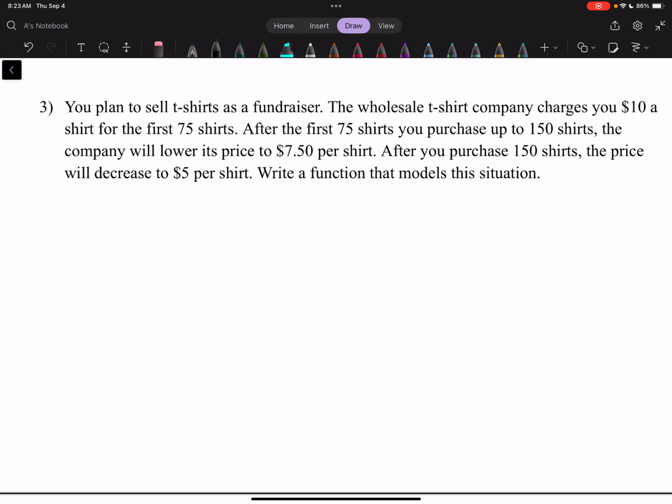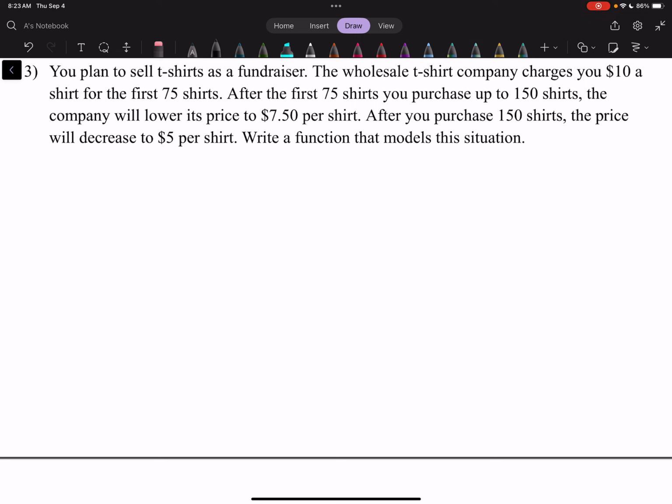So, number 3. For a piecewise function in the real world, you have to consider the real world domain restrictions on the problems. You plan to sell t-shirts as a fundraiser. The wholesale t-shirt company charges you $10 a shirt for the first 75 shirts. Okay, $10 a shirt for the first 75. This is the first piece of a domain because if I buy 75 shirts, I'm being charged $10 per shirt. This is a linear model, $10